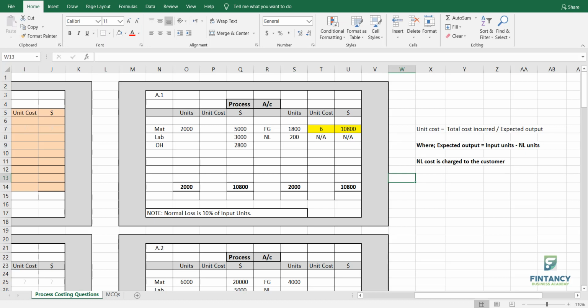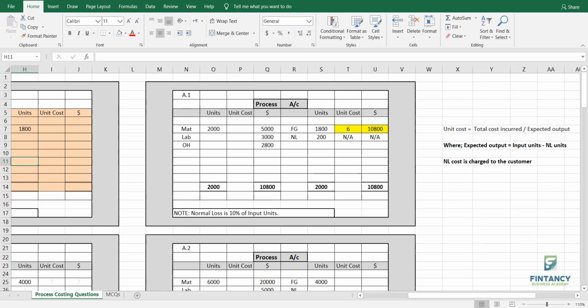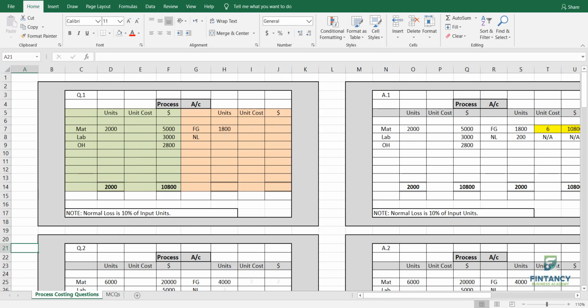So calculating the cost correctly will lead to optimal pricing, like we discussed in the last class in activity based costing also, if you remember, where we were comparing it with absorption costing. The cost which was coming from absorption costing was not correct, because of which the pricing was not correct. Okay, let's go to the next question. I hope it's clear with everyone.